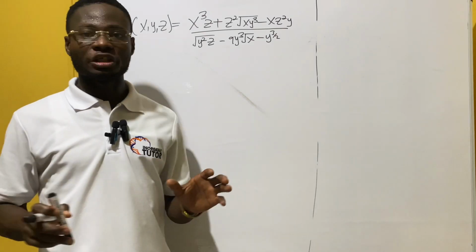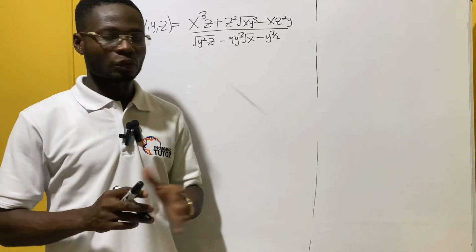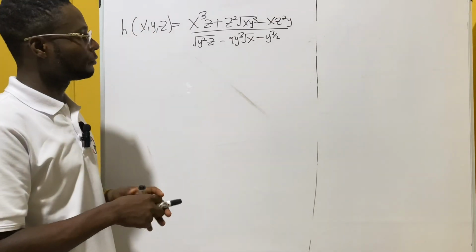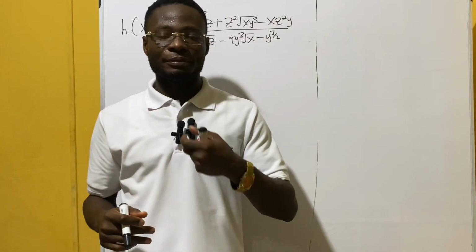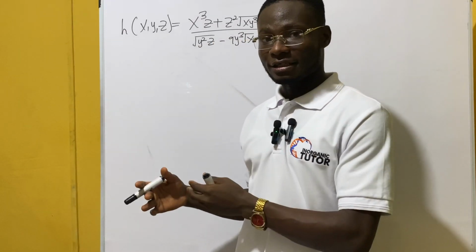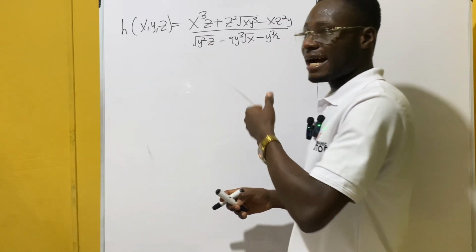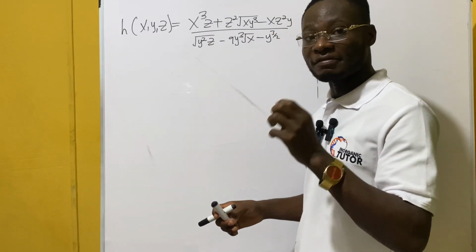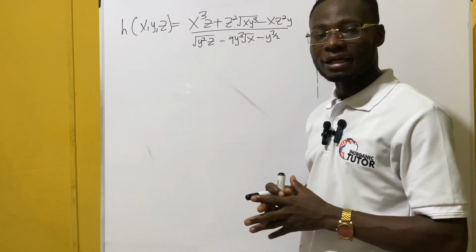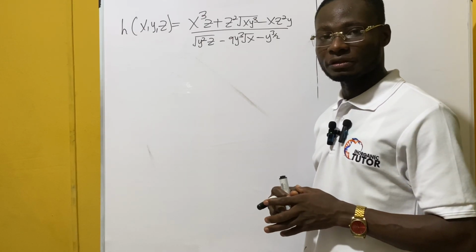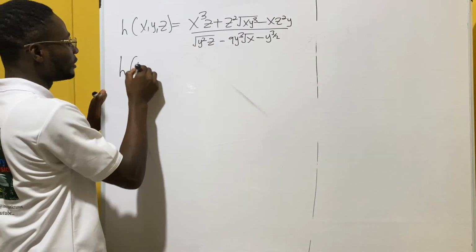Today we want to do full computations on how we can check if a function is homogeneous or not. So let's dive into this function. This is a function of three variables. We introduce a variable, say t. If you introduce t to all the variables, and after you are able to factorize the variable out completely, then we term that function as a homogeneous function. So let's go. Here, h of tx,